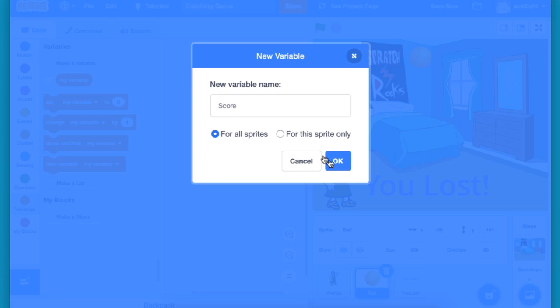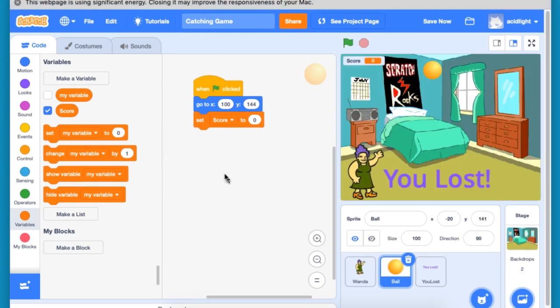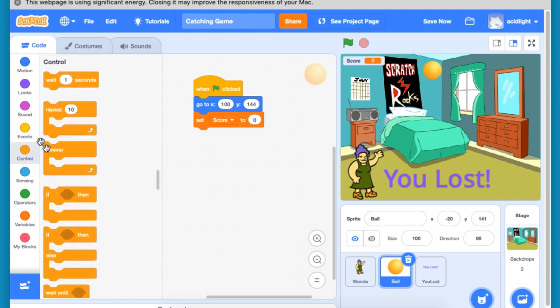Click OK. And we're going to need to set score to 0. So let's just go and put score to 0. Now, we want this game to keep going forever until we drop the ball. So we go for forever. And we're going to say, if this is done,